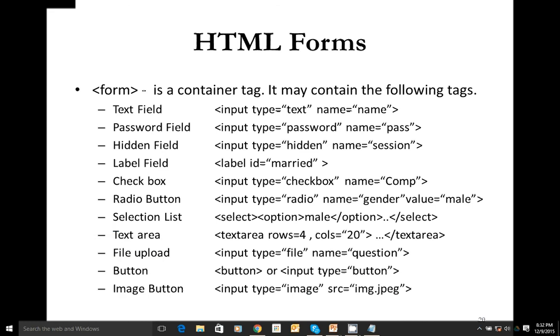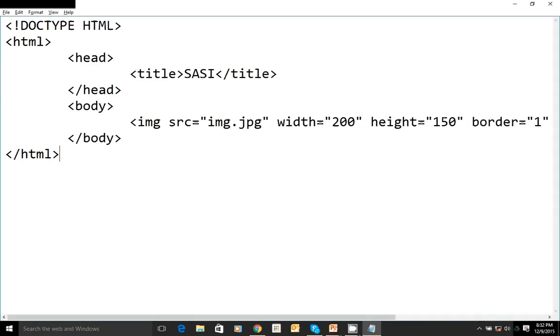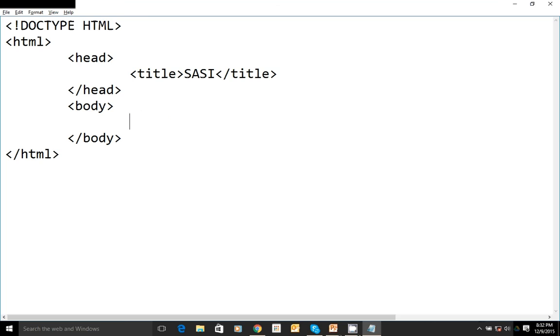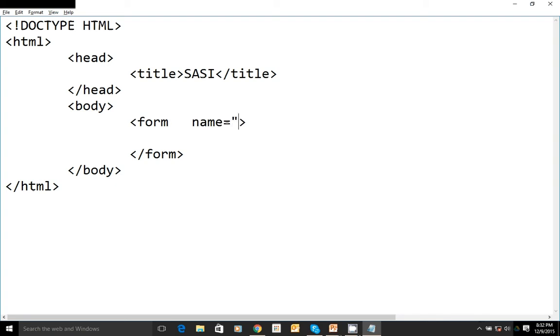So let's look at this example. The first thing is we have to write the form. So let me write the form tag. Inside the form tag, we are going to use all these controls, and of course within the form you have to specify the name of the form. The name of the form is, let us say, registration form, and of course here we have to specify two more attributes. One is the method by which you want to submit this data to the server, and the other is which particular program is going to handle this. For these two, we are going to specify two attributes.